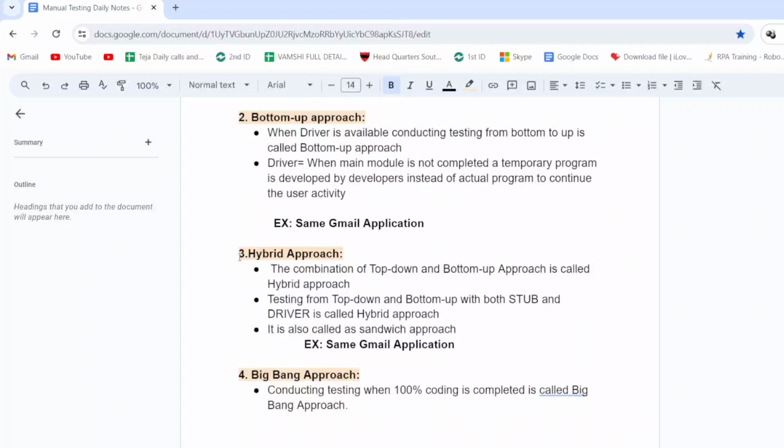Next, what is the hybrid approach? The combination of top-down and bottom-up. What is top-down? Stub. What is bottom-up? Driver. So the combination of top-down and bottom-up approach